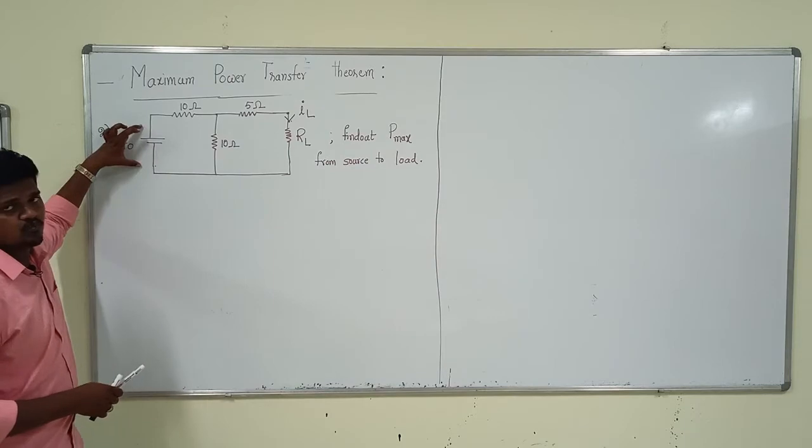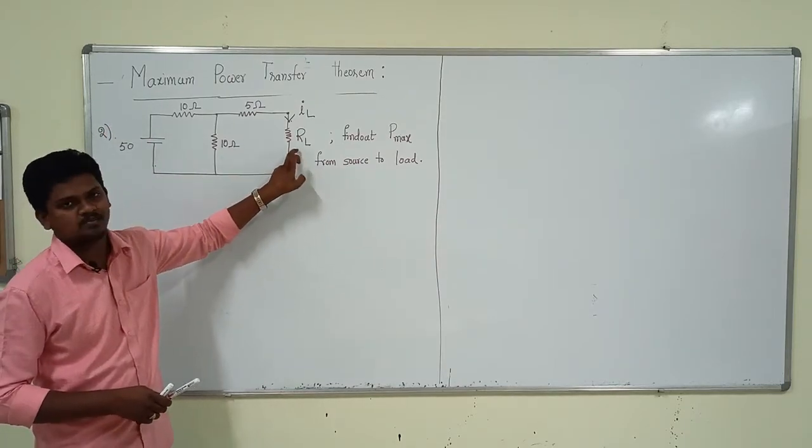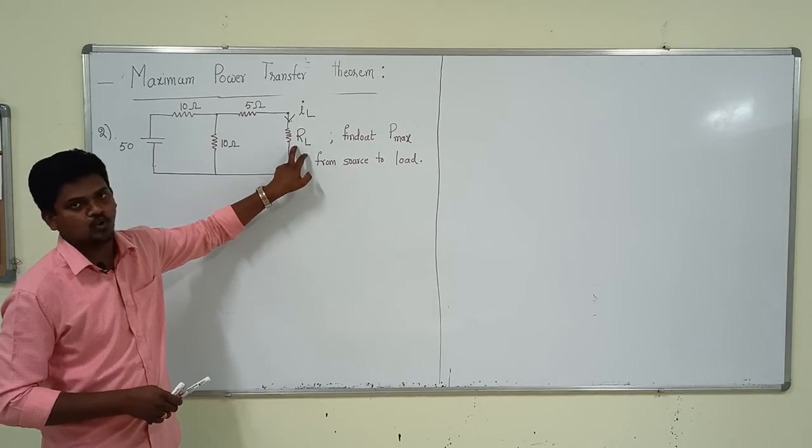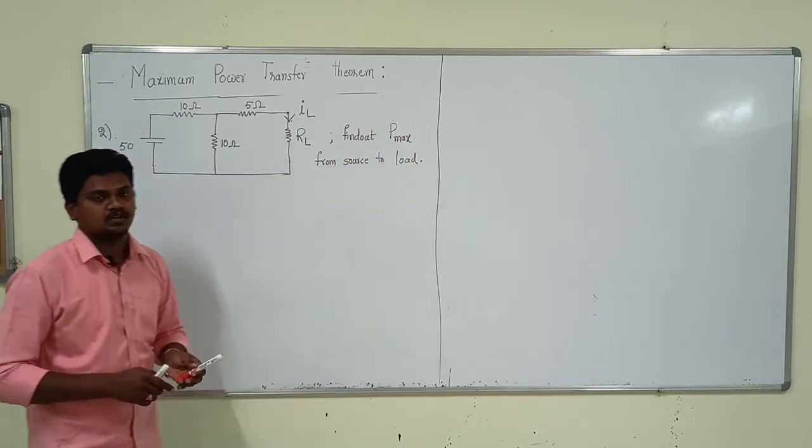So generally this is the voltage source, this is the source. He already mentioned RL. RL means load resistance. So this is the load, and he is asking to find out the maximum power. So for that,